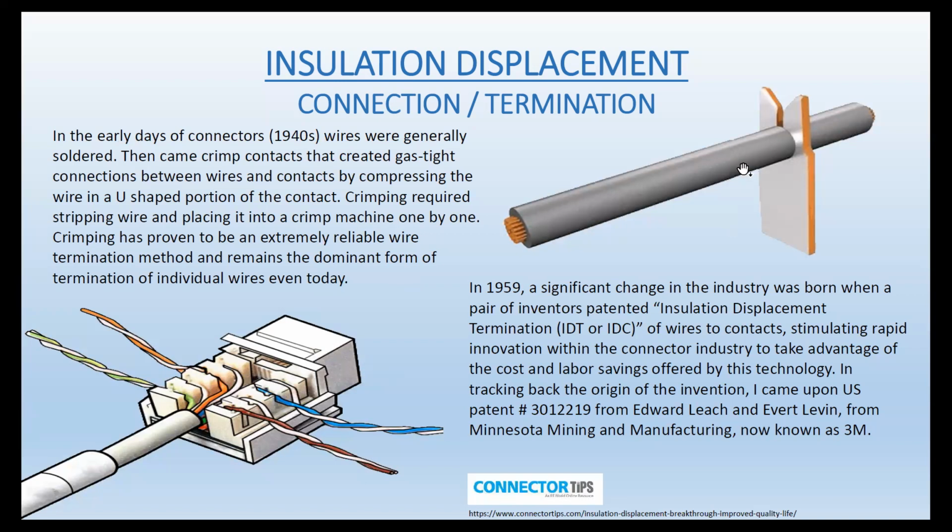Now, how do you make an IDC connection, insulation displacement connection? You put that wire on top of that connector, and you use some kind of punch down tool to shove that thing in. And this connector is going to bite into the insulation, puncture it, and make contact with the copper that's inside the jacketing, displacing the insulation, making connection with the wire, with the conductor. That's why it's called IDC, insulation displacement connection.